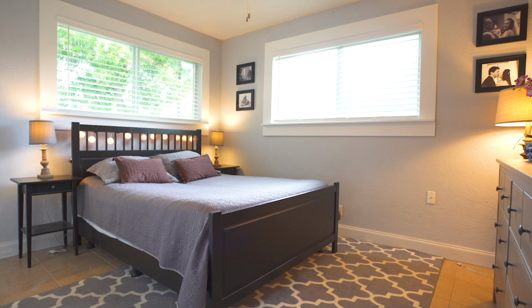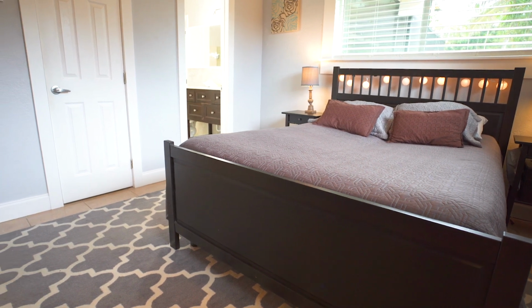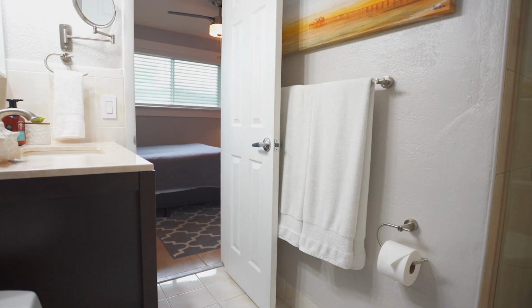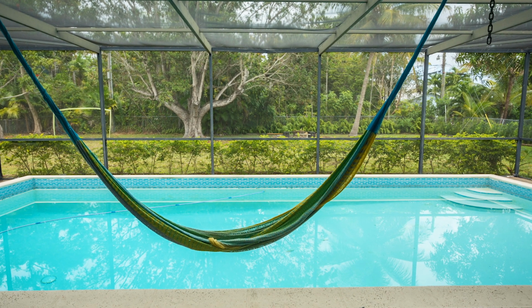The master bedroom overlooks the huge backyard and features a walk-in closet. The adjoining master bathroom has a shower, linen closet, and cabana door. Step outside and savor the screened pool and terrace, a